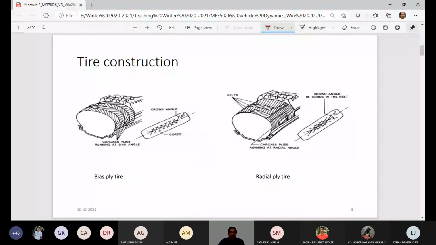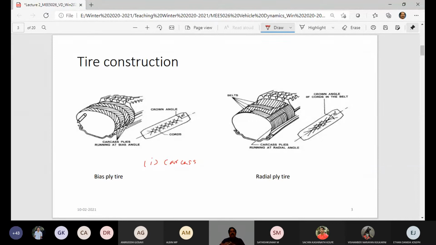So if you look at what is an important component of the tire, in this tire construction you should first understand what the carcass is. So that's called the carcass, and the carcass is what is shown here to you. This section is what is called a carcass. The carcass will have your tread. This is the tread portion, this is called the shoulder region, and this is called the sidewall region. You see one side bead and another side bead. So from bead to bead, this carcass goes like this.